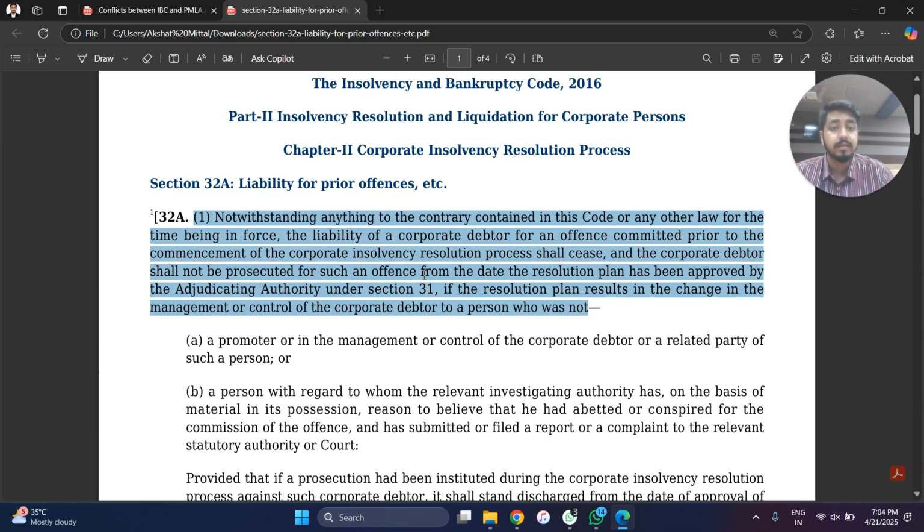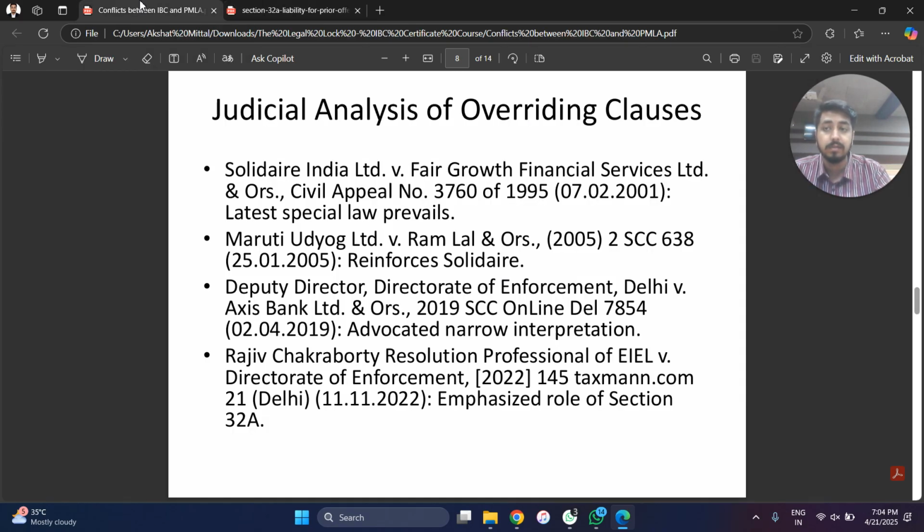If the resolution plan results in a change in the management or control of the corporate debtor to a person who was not previously involved, then there are a few conditions. Primarily, Section 32A says that there will be no criminal liability towards the corporate debtor once the resolution plan has been approved. This again creates a very difficult position for the purposes of PMLA, because, as also discussed in the Rajiv Chakrabarti case, the Delhi High Court analyzed the overriding clauses